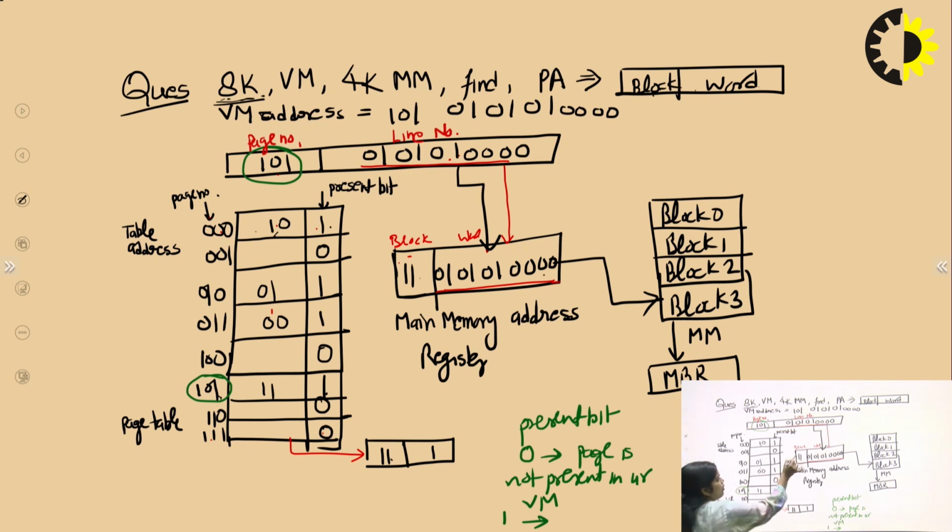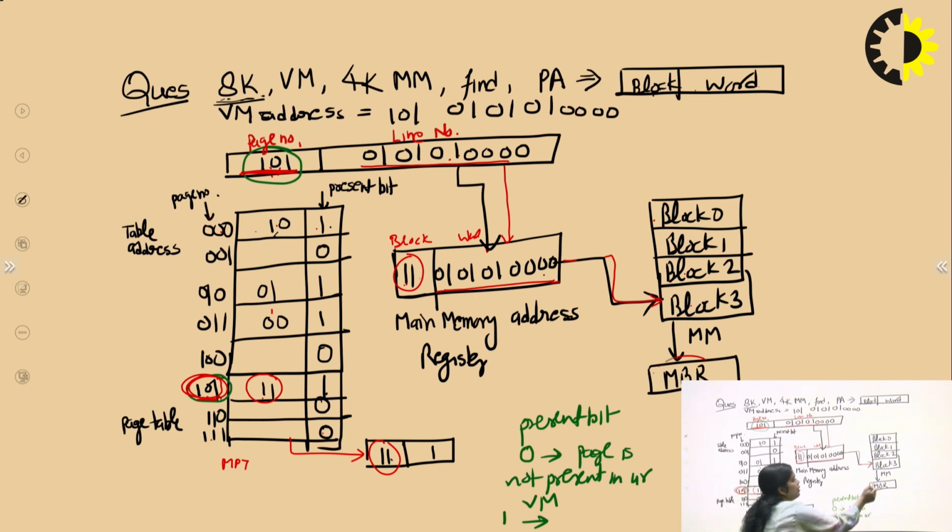Now the block. How are you going to get the block? With the help of the memory page table. With this memory page table you can find out which particular block you get, because of the 101th page. So you have to find the 101th page. Why are you getting this 101? Because in the virtual address you have to find only this 101th page. So the 101th page is in which particular block? That is 11. That is the fourth block, 11. So 11 is here, and this value is going here, block 3, or you can say that this is the first, second, third and fourth block.